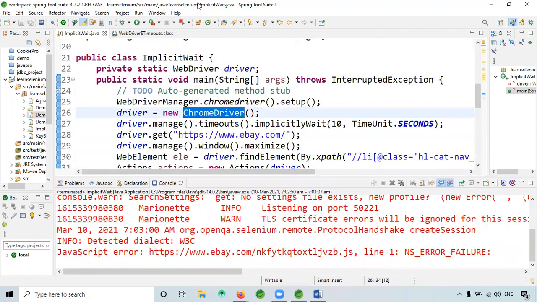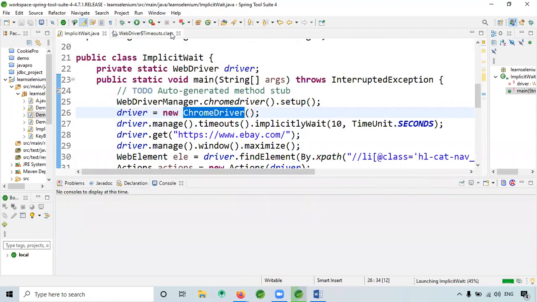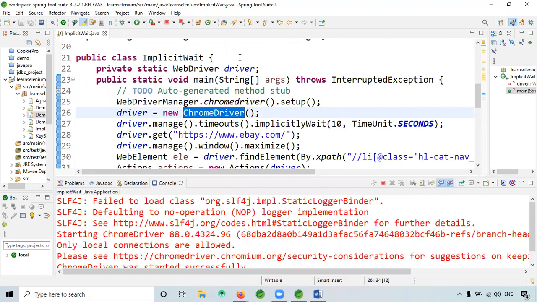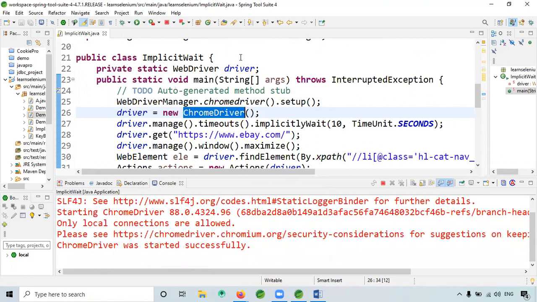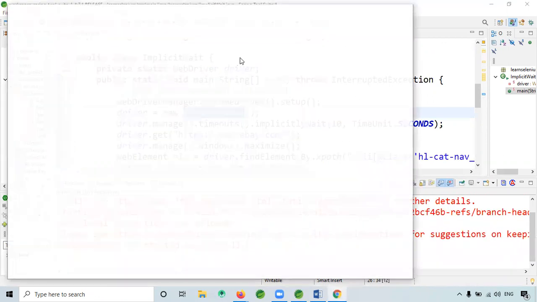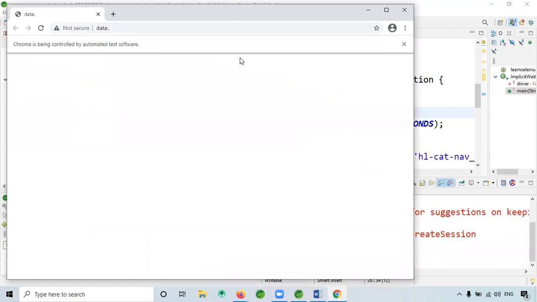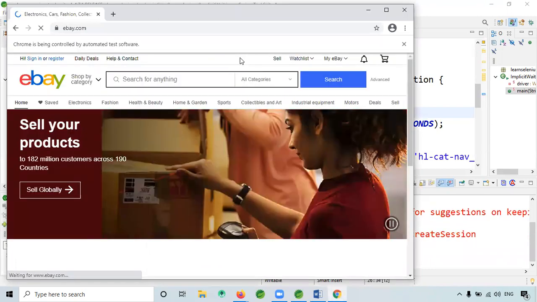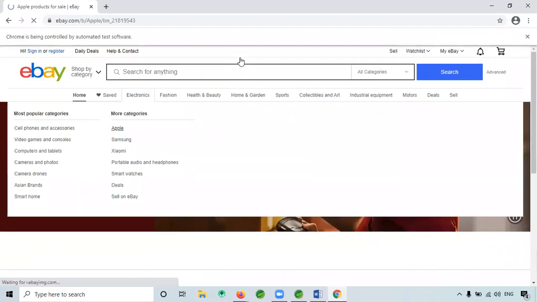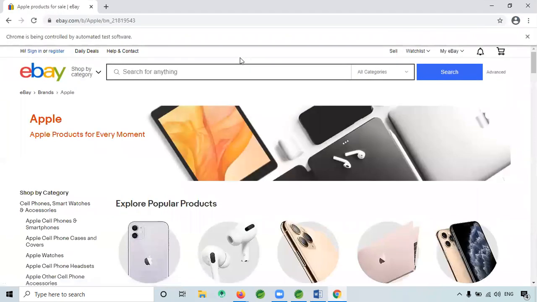Okay. Chrome is launching. It clicked on the Electronics. Oh, it clicked on Apple. Yes, see, in Chrome it is working. Perfect.